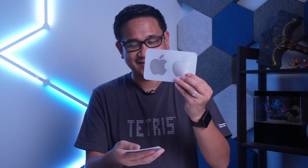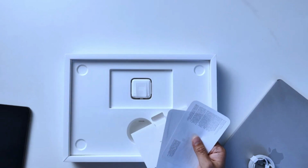Cool. Right there. It's not black. It's gray. Yeah, it's gray. Kasi space gray nga naman keyboard natin. At gusto ko dito is yung kasama dito na cable. Rather, yung power brick is yung dalawang